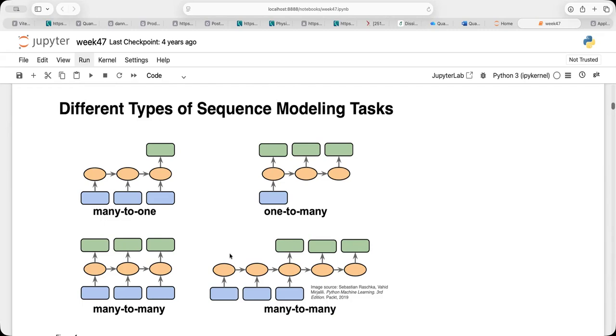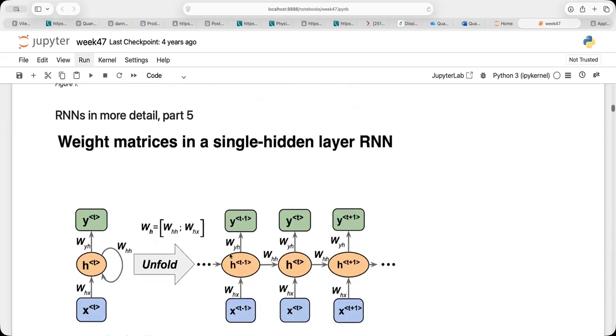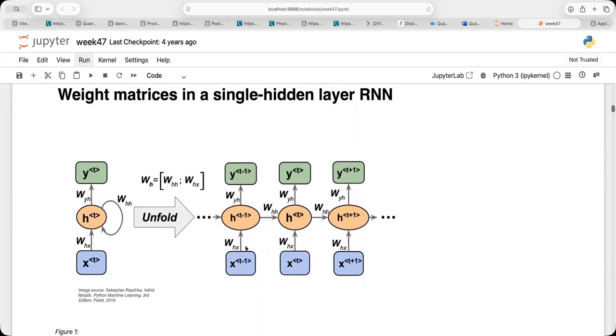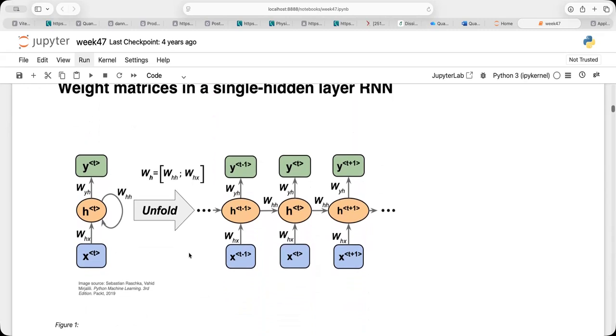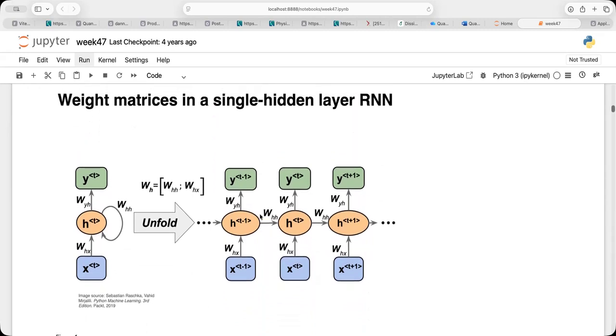Any questions so far? Okay, so let's just proceed a little bit. So this is roughly what we did last time. And you can see now when you unfold it, you get to see the kind of weight matrices in a single unit which you need to fit. So you have these weights which connect the input with the hidden. The hiddens are connected by these weights. And then the hiddens are connected to the output layer with its own weights.